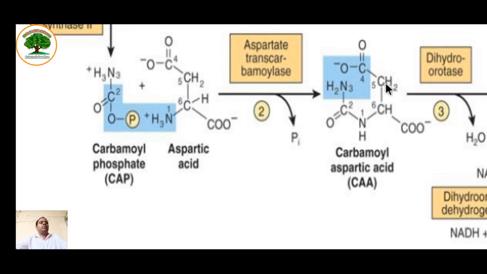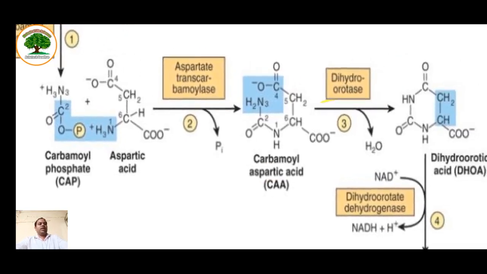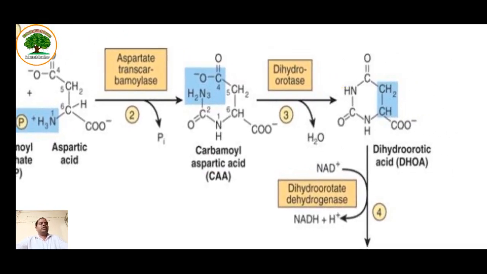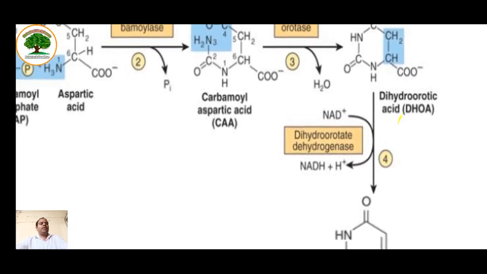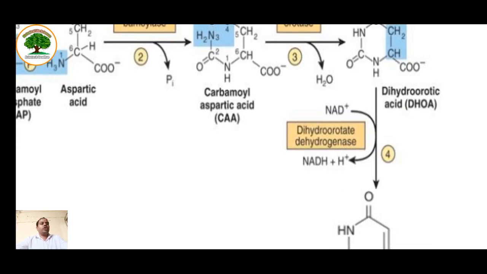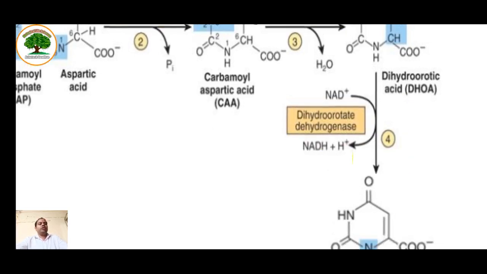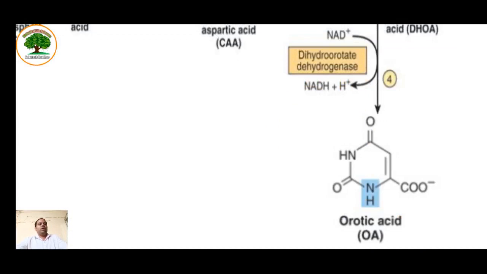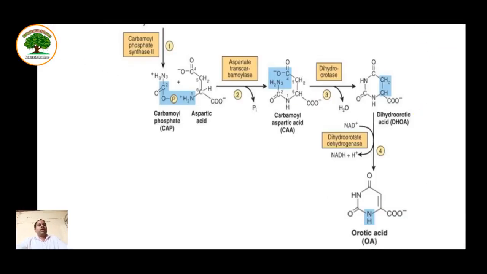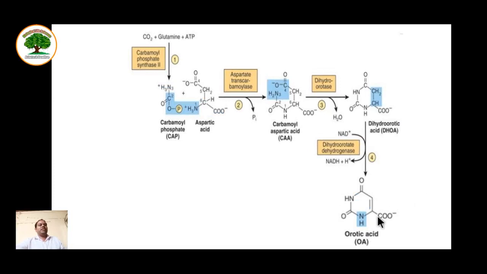Now, the enzyme dihydroorotase is used here. This enzyme converts this into dihydroorotic acid, DHOA, and this is how the ring is formed here. Now this acid, using reducing power, that is dihydroorotate dehydrogenase, using NADH plus H plus, which is found from NADP positive, is converted into orotic acid. Orotic acid is synthesized at the end of this product.